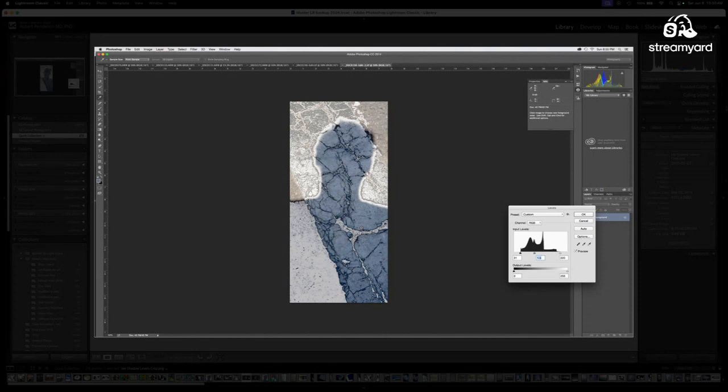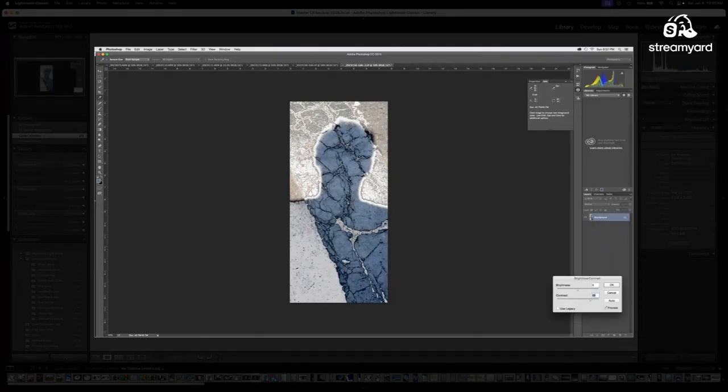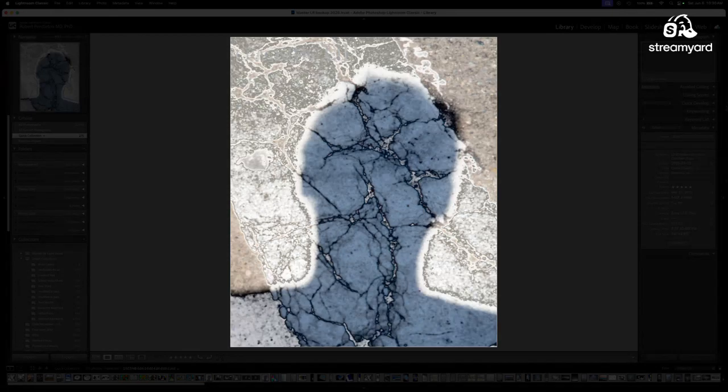Sorry, I don't have all of the steps documented here, but we're going to go through. In the end, I'll show you exactly what I do. But I put those on top of each other, did some luminosity masking. Then I went into the levels command and sort of created absolute blacks and absolute whites. I adjusted the middle slider there a little bit, changed the brightness and contrast a bit. And then here was the final cropped image. Call this cracking up.